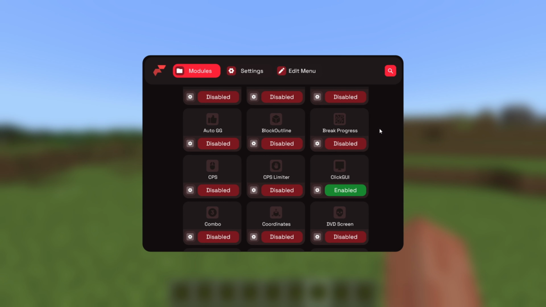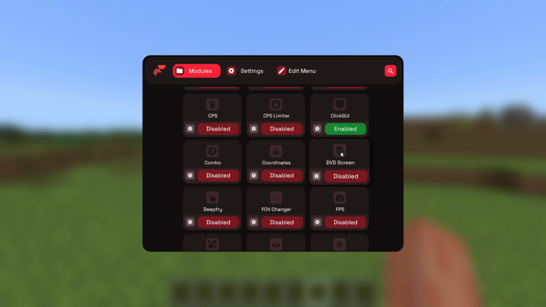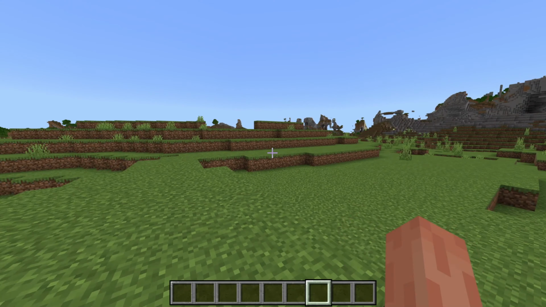Most of these should be pretty self-explanatory, and if you don't really understand what they do, you can also hover above them here, as you can see, and you'll get a little bit of a brief description. If you're looking for something specific, you can also use the search bar there, but basically for right now,